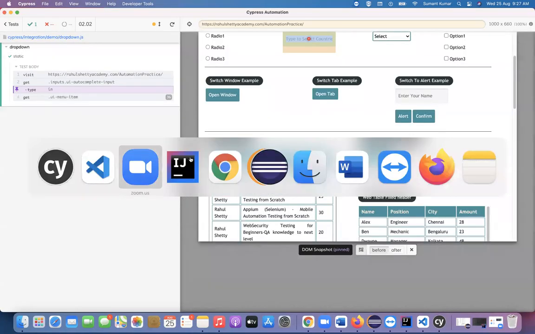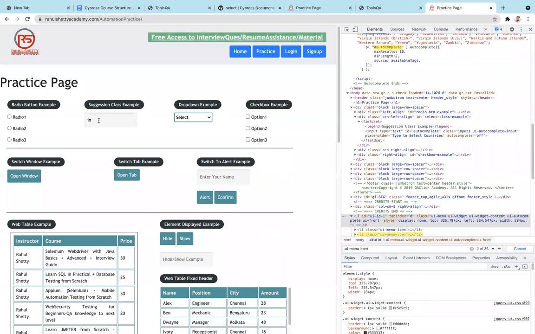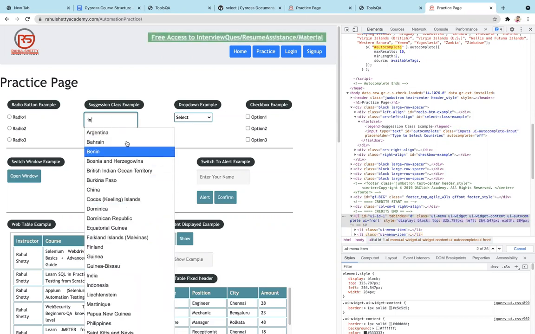Let's see, if we go here and I'm searching IN or something, here you can see we have multiple elements, right? And we are trying to click just by its text value. We are not going to iterate one by one.